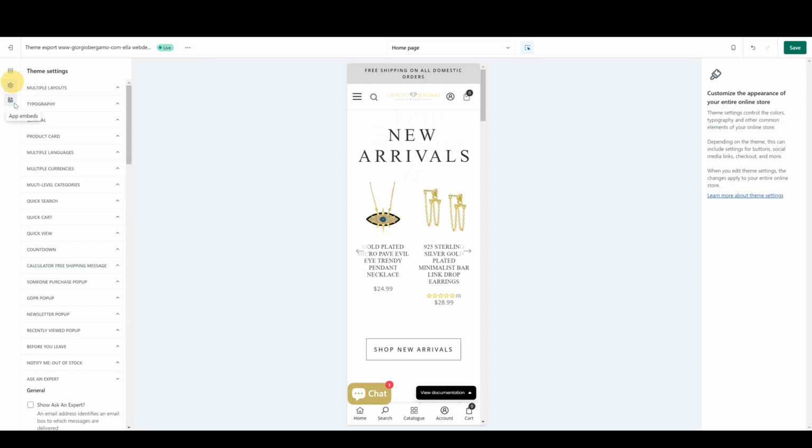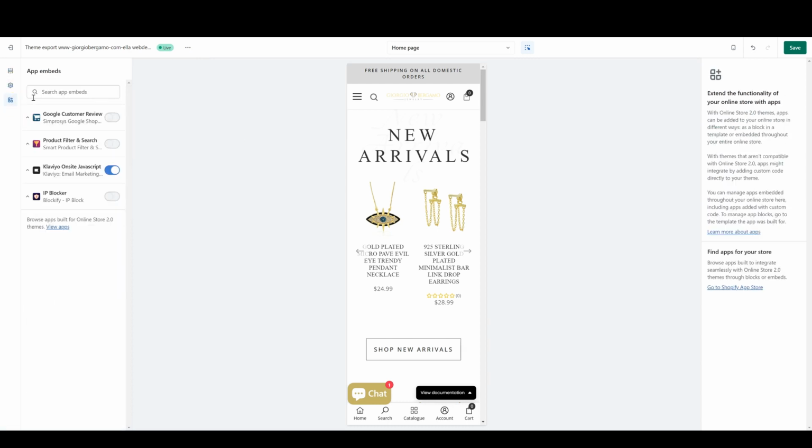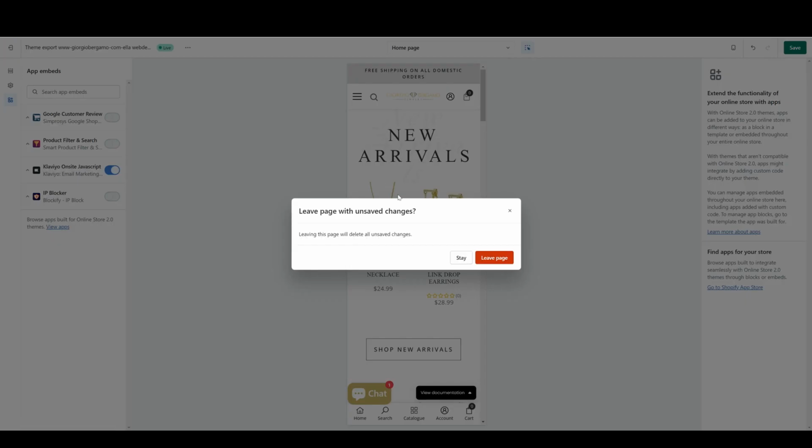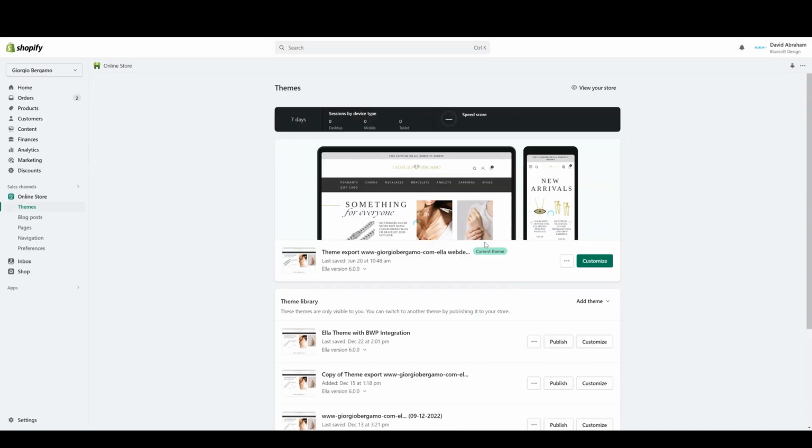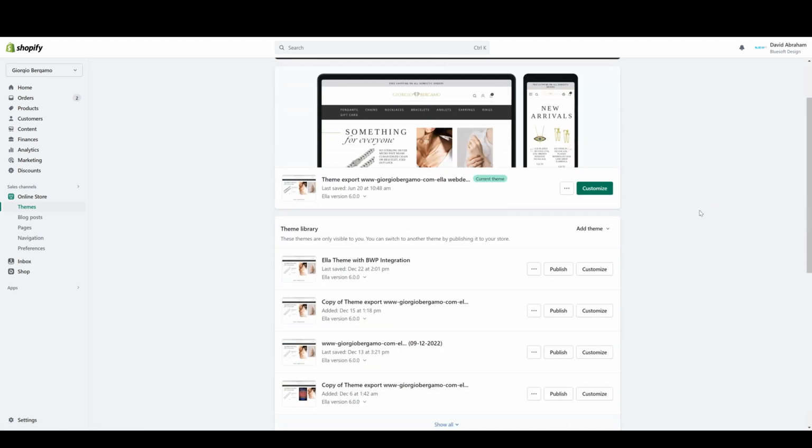If you wanted to make changes specific to the code of the website, you can click these three dots over here and click edit code, or you can go back to the theme page and click these three dots and click edit code. One other trick with your Shopify store, which is also really helpful, is let's say you were